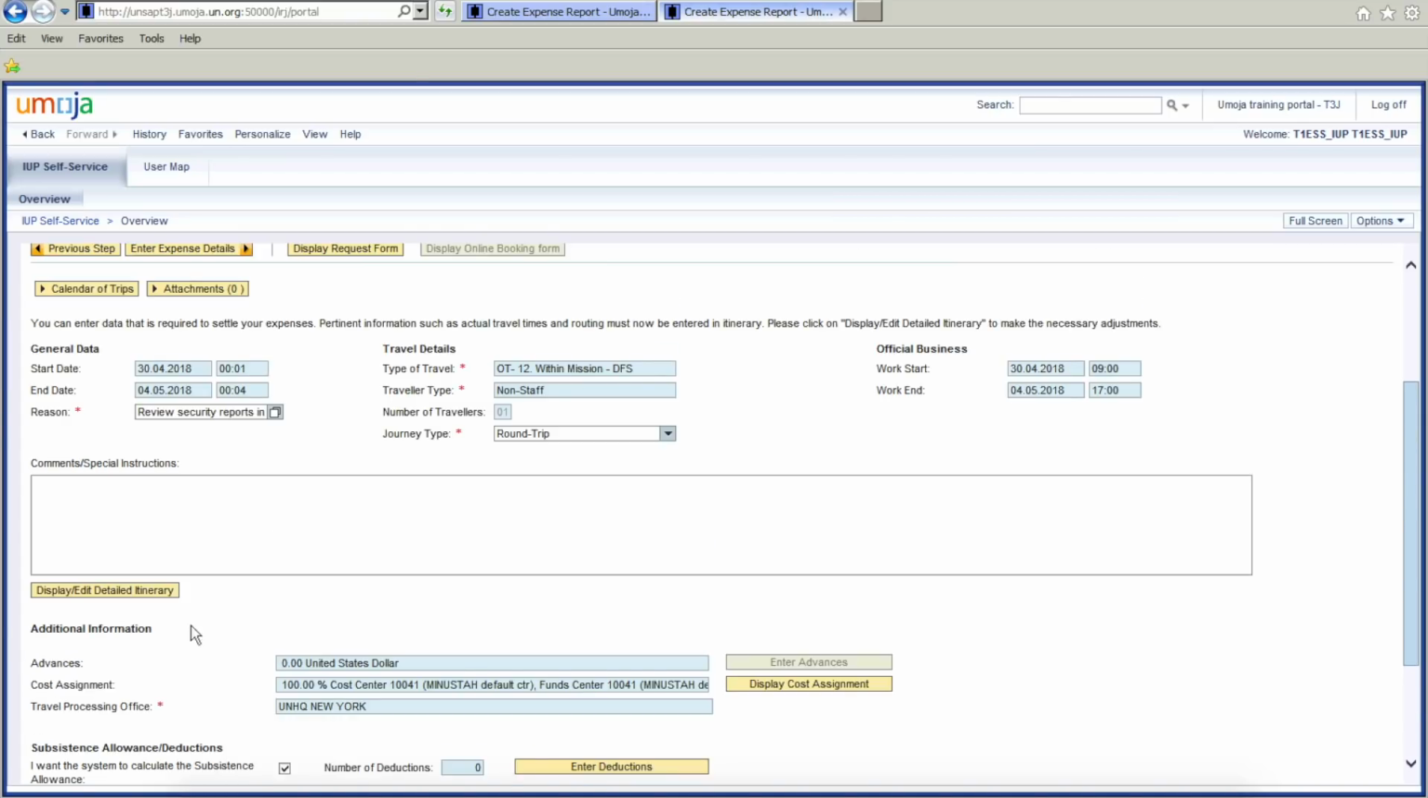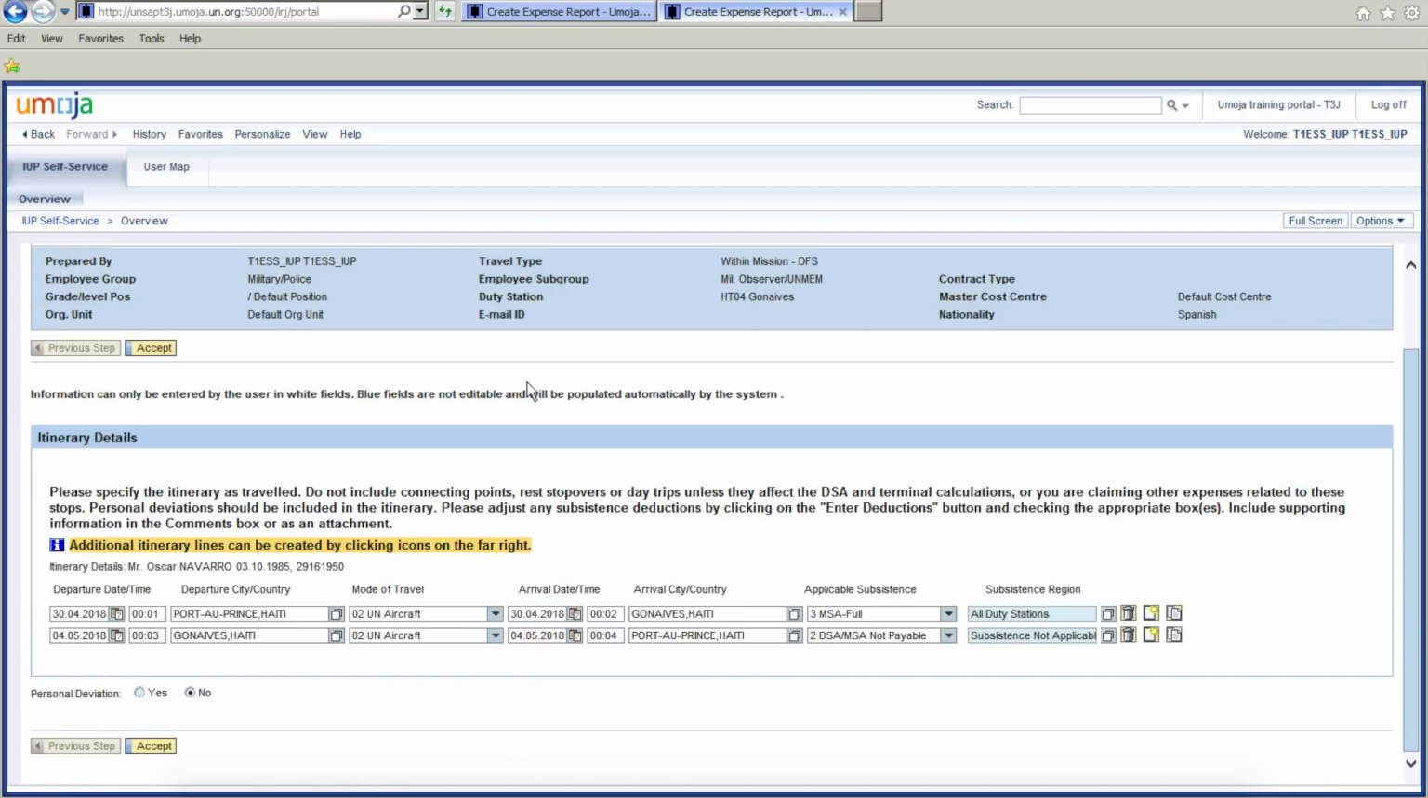For this scenario, we're actually going to change our itinerary details. We're going to say the traveler stayed 1 extra day at destination. And in order to record that change, we will have to click on the button Display Edit Detailed Itinerary. Now we've clicked on our button Display Edit Detailed Itinerary, and what we are going to do now is change